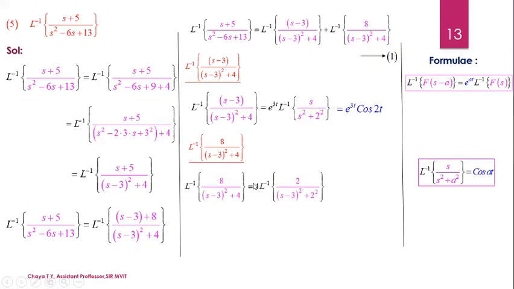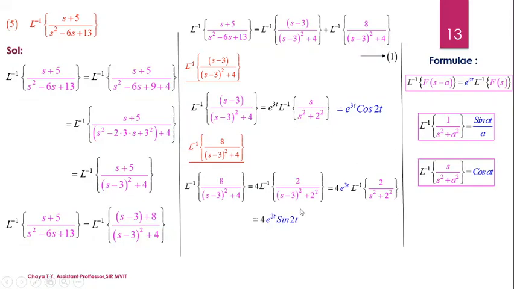So I can write 8 as 4 into 2. So 4 into Laplace inverse of 2 divided by ((s − 3) whole square + 2²). Then again by using the second shifting property, the expression will be 4 into e^(3t) into Laplace inverse of 2 by (s² + a²). We have the basic transformation for inverse Laplace as Laplace inverse of 1 by (s² + a²) equals sin(at) by a. Since a is a constant, you can take the term which is in the denominator to the RHS as a numerator. So I can compare this expression with the formula and write the Laplace inverse of the function as sin 2t.